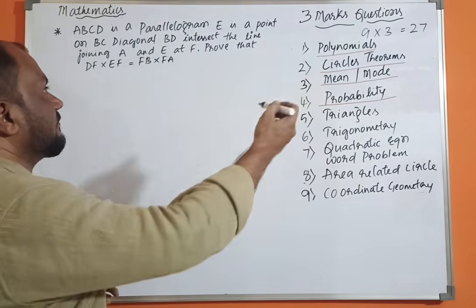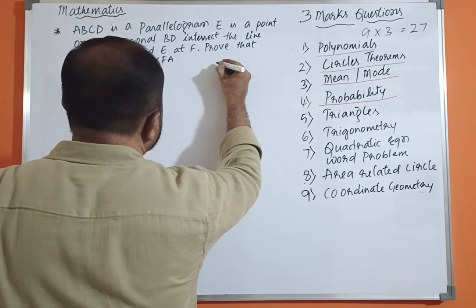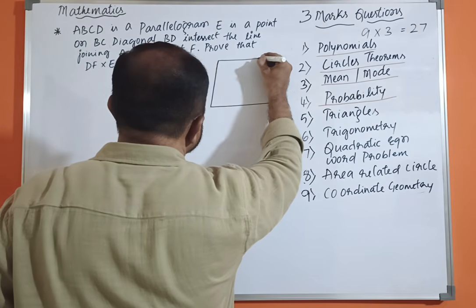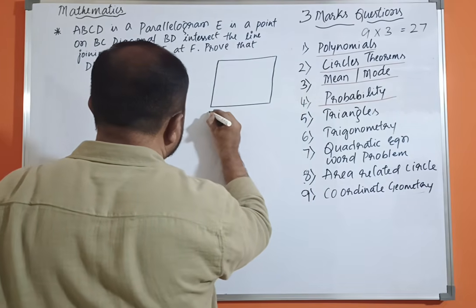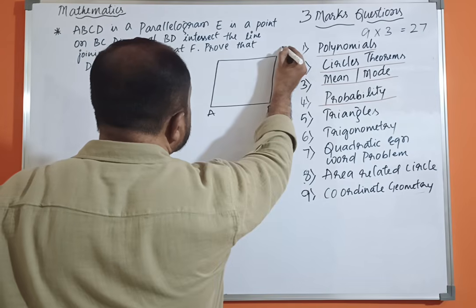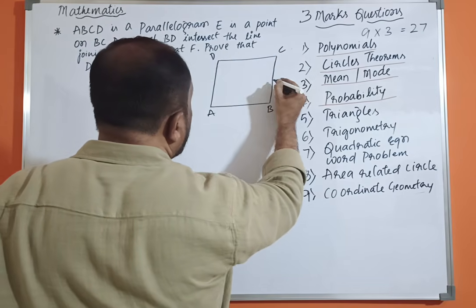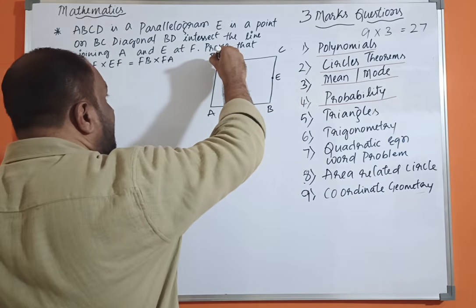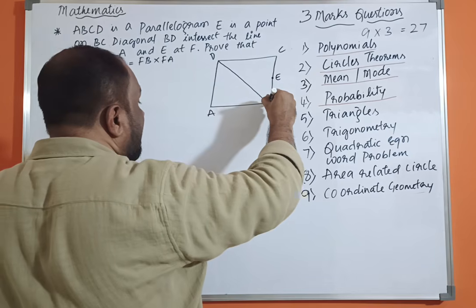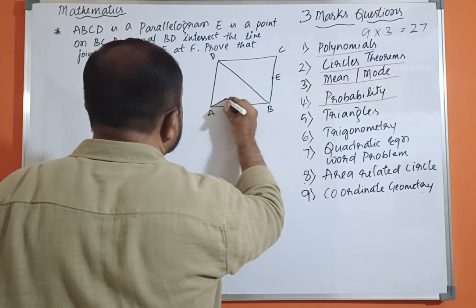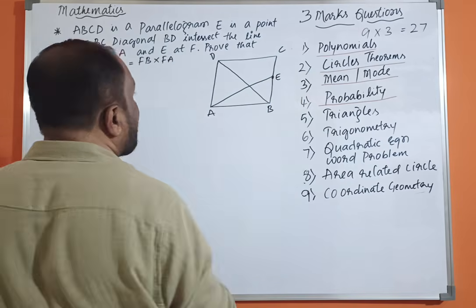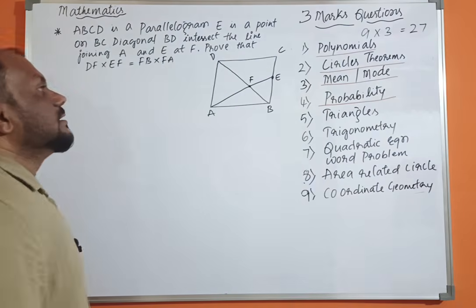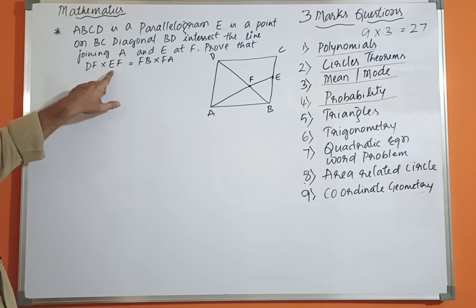So let us draw the diagram first. The drawing is very easy. What is given there? ABCD is a parallelogram. I am drawing one parallelogram A, B, C, D, and we have point E on BC. Diagonal BD, this is the diagonal. It intersects the line joining A and E at F. So what we need to prove? DF